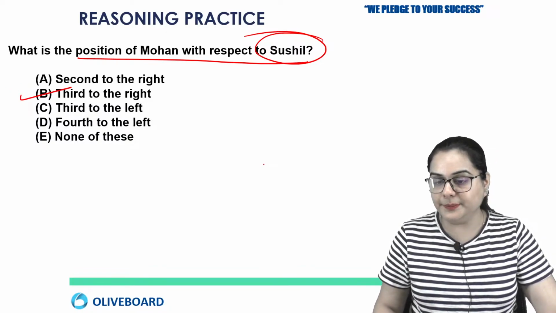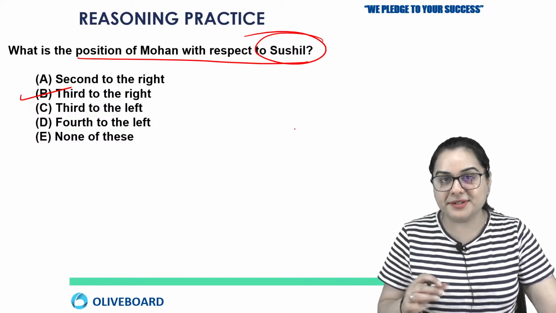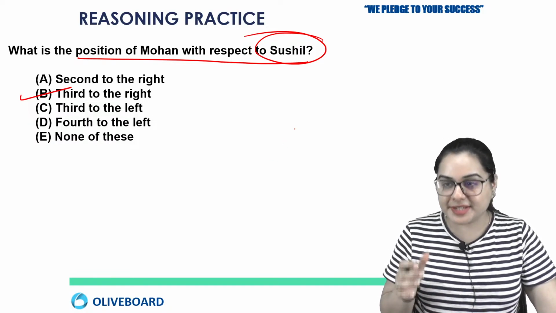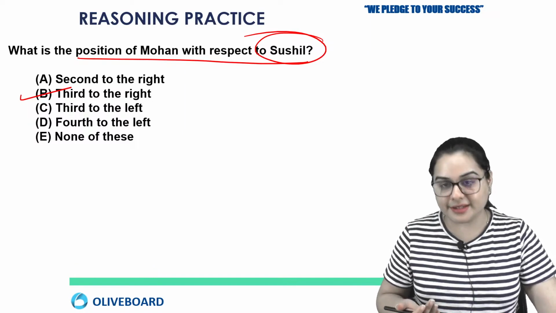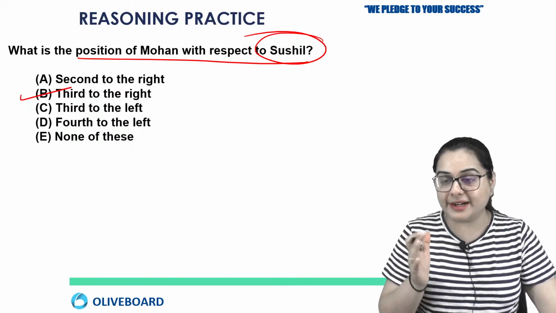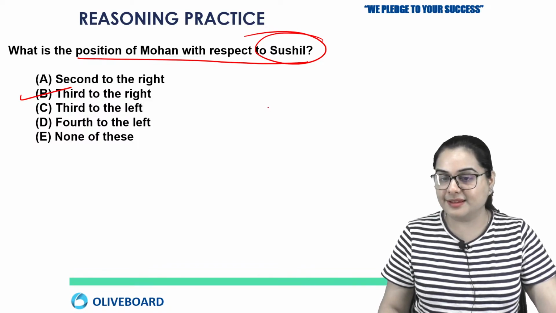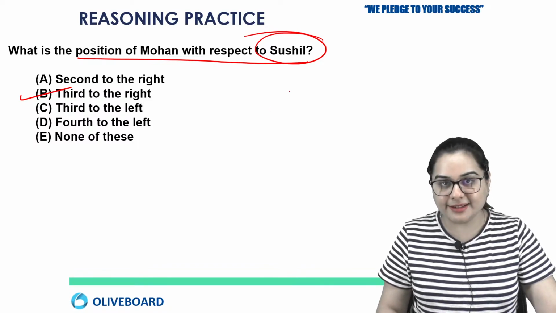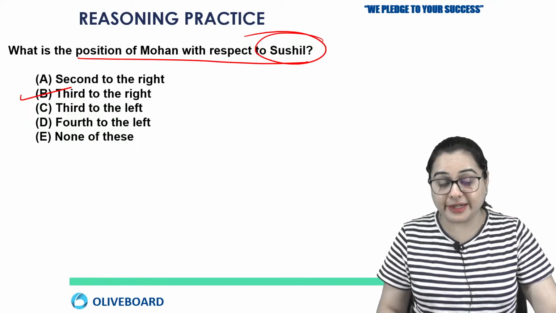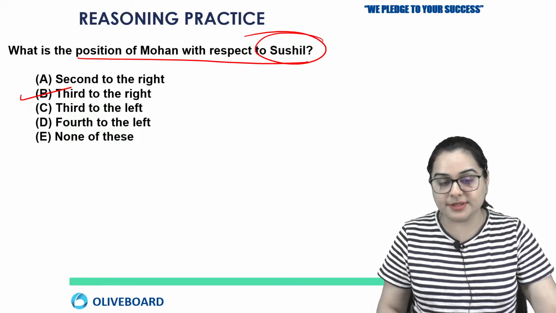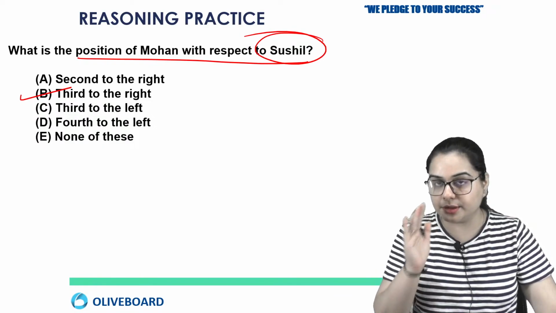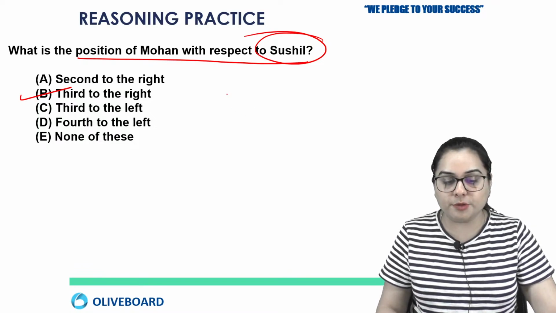Okay, is it clear? Students, this is not a GK section. This is the reasoning part. Also, we are covering sitting arrangement today. So you must solve and comment your answers. Just by listening, you are not going to get anything, at least in this session, because in sitting arrangement, you must try it yourself also. Okay, so I hope this is clear.